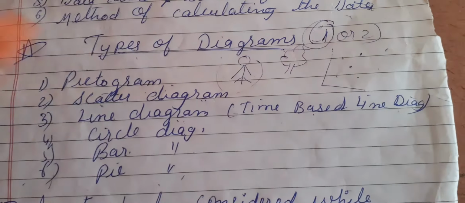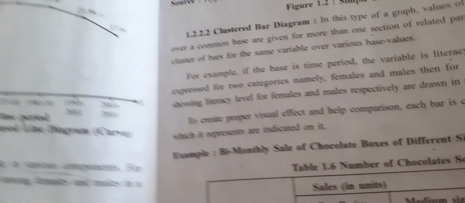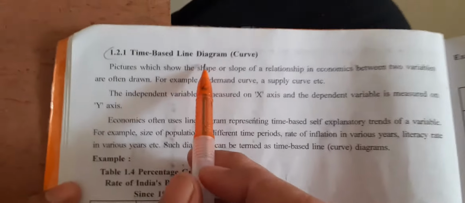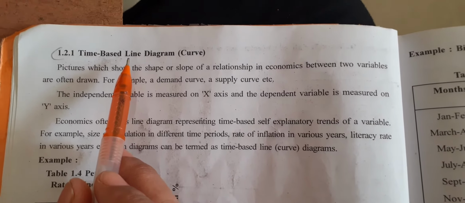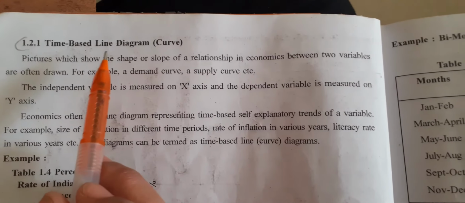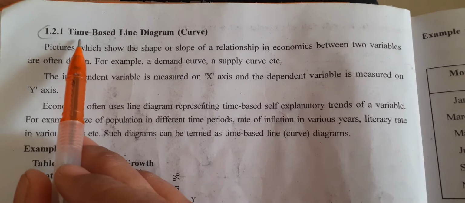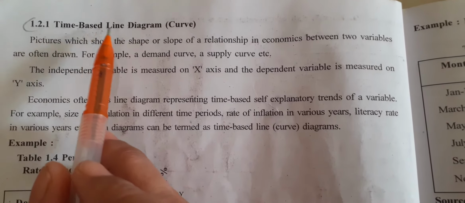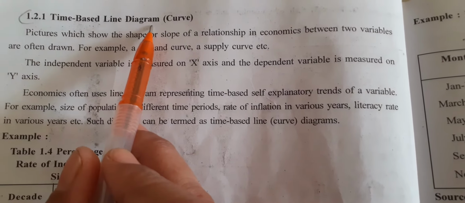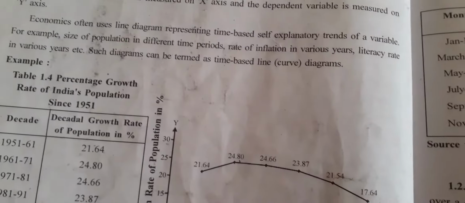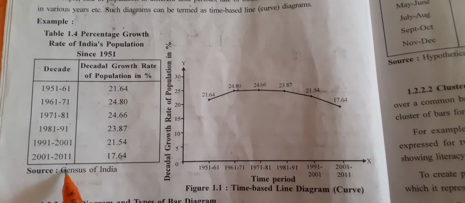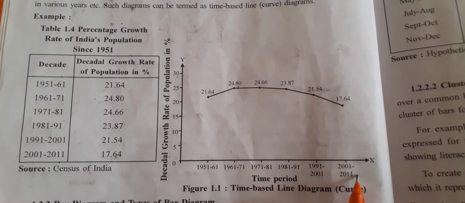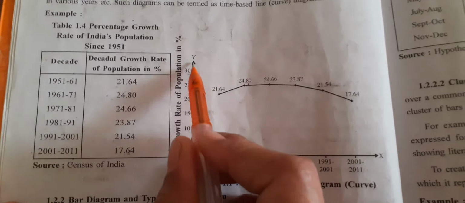Okay, now we have to see these diagrams one by one. Time diagrams we are going to explain first. I have already explained the pictogram and scatter diagram. Now we are going to see the time based diagram, which is also known as a line diagram. Here the data are there. These are the years or decades, which are always shown on the x-axis, and the variable should always be shown on the